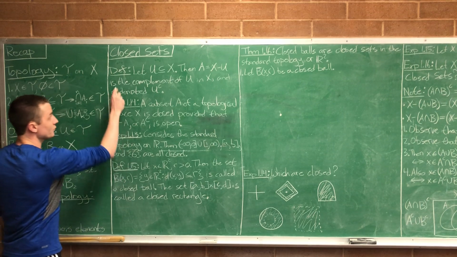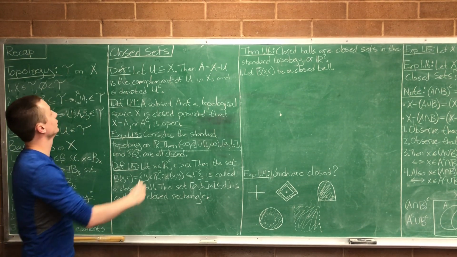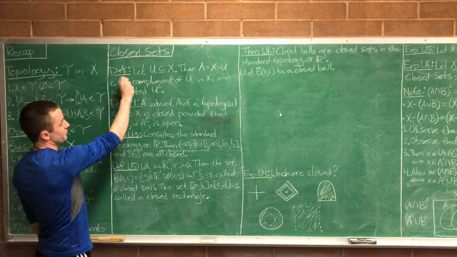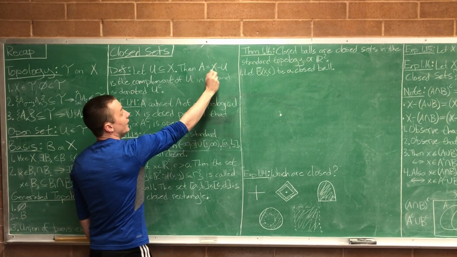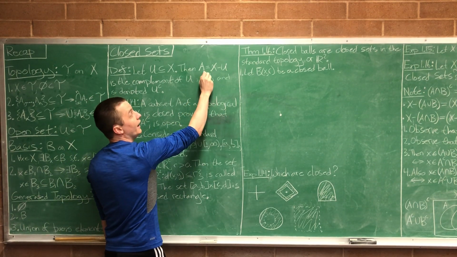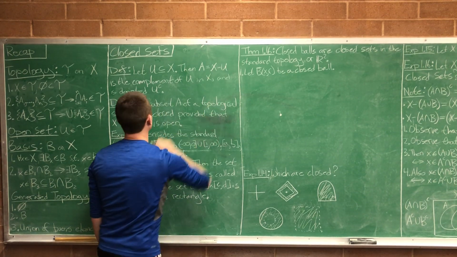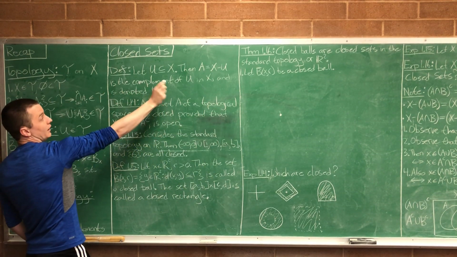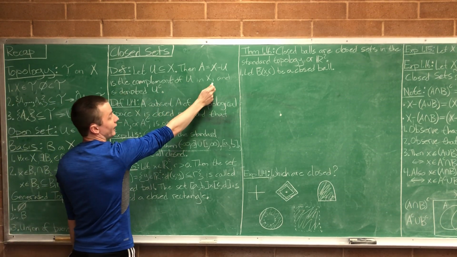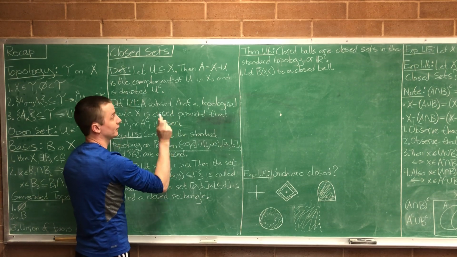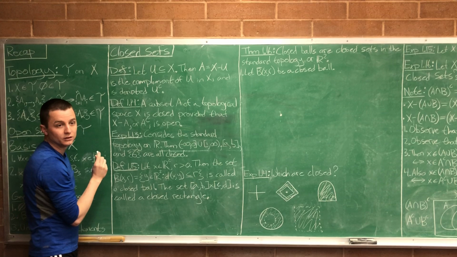Okay. So before we talk about closed sets, let's go back to a definition that we've already talked about once, to remind us of it and make sure we understand it. Let U be any subset of X, then A equal to X minus U. A is everything in X that's not in U. We call A, which is equal to X minus U, the complement of U in X. It's everything in X that's not in U. And we denote it by U to the C.